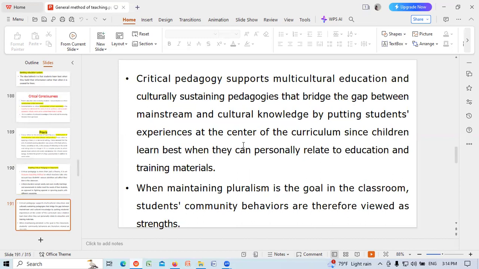Critical pedagogy supports multicultural education and culturally sustaining pedagogies that bridge the gap between the mainstream and cultural knowledge by putting students' experience at the center of the curriculum, since children learn best when they can personally relate to the education and training materials. When maintaining pluralism is the goal in the classroom, the students' community behaviors are therefore